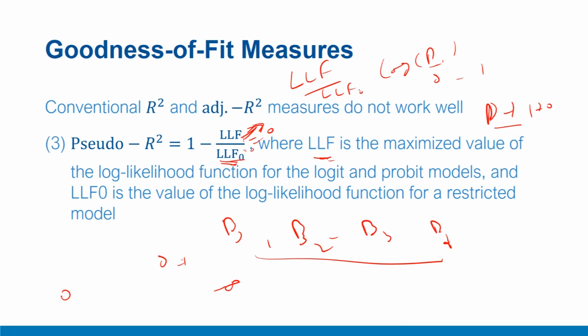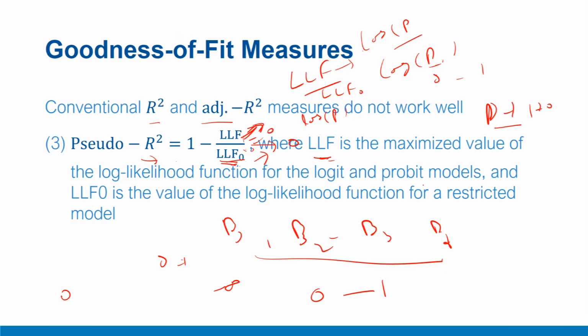this LLF naught, as long as this ratio, this number inches, the probability inside the log of a number, which is relatively much higher as compared to the denominator, this number will approach 0. The idea is that in the case where the model fits well, the log of probability will approach a reasonably small number, while the denominator approaches a very large number, and the magnitude of this number inches to 0. And therefore, the upper limiting case of this function becomes 1. So this pseudo R square, in a very similar manner to conventional R square or adjusted R square, will range from 0 to 1.